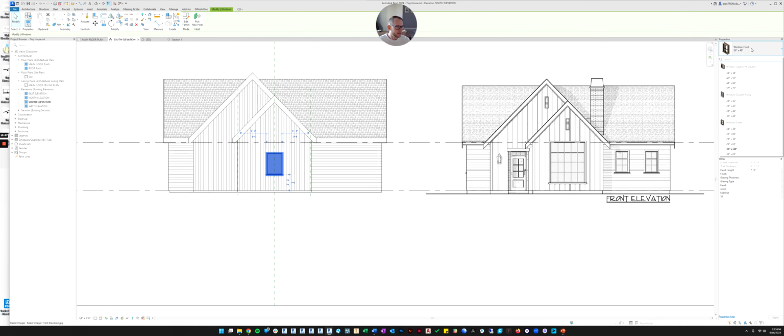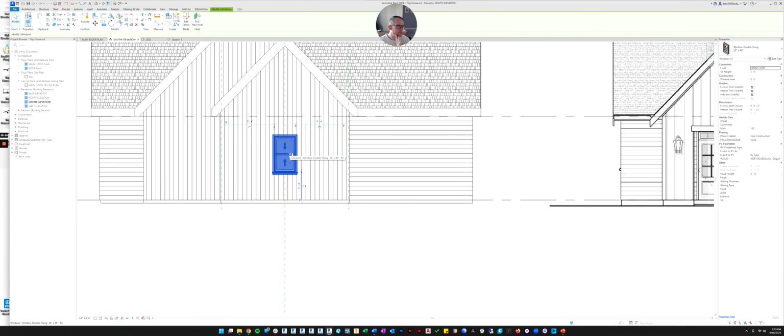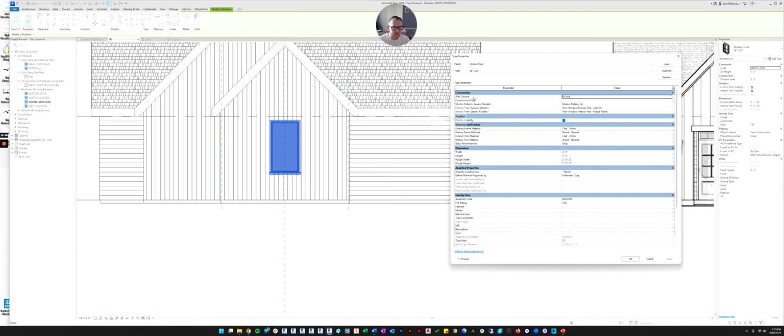So let's see. There's this double hung window, and it doesn't have them either. Let's go back to our big picture window. And yeah, it doesn't give you muntins. Let's see if it does let you pick.